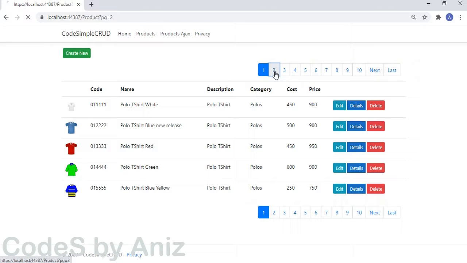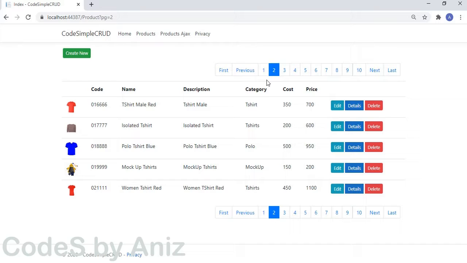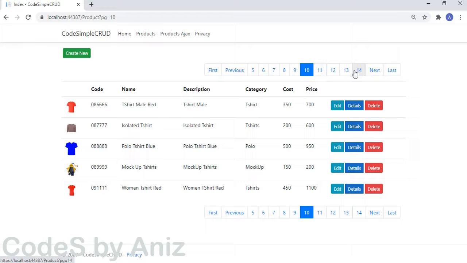Let's click the button number 2. Now the pager loads the previous and the first buttons. This time we will click the button number 10. It loads the 10th page, and notice here the button 10 comes to the middle and it loads 5 numbers before and 4 numbers after the number 10. At a time it displays the navigation page links for 10 pages.